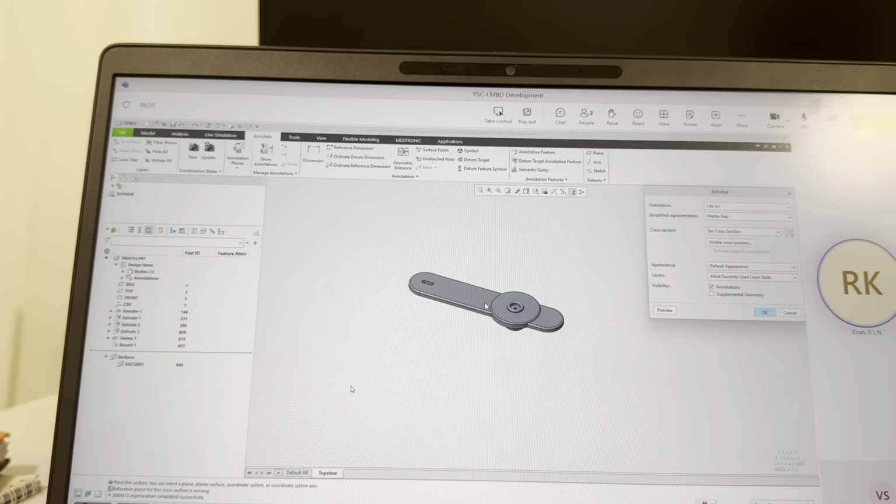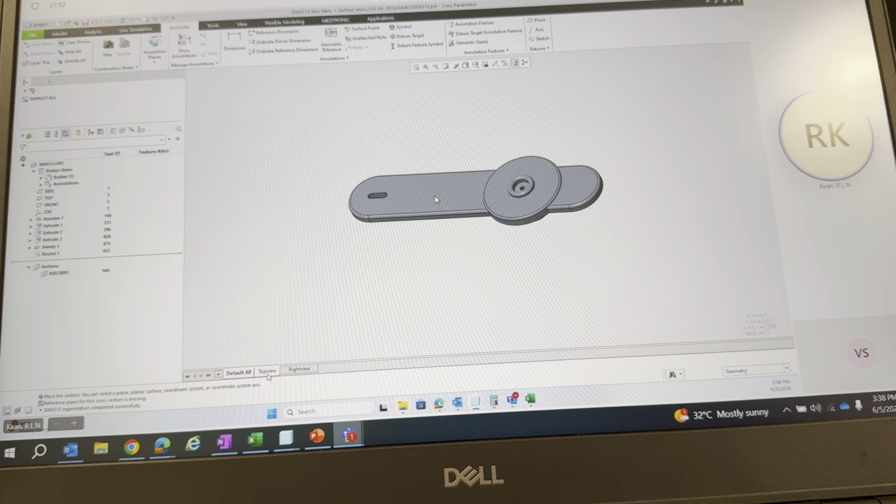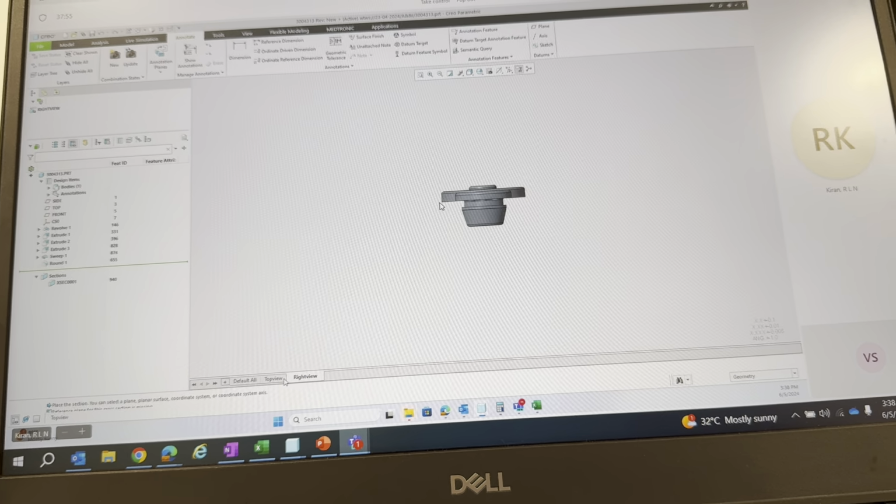So here again you have to click edit definition. Instead of this, you have to go with right. Now this is something very similar to an Excel sheet, once again I'm telling you. Default view isometric, top view top, right view right. Now in the same way, if you want a